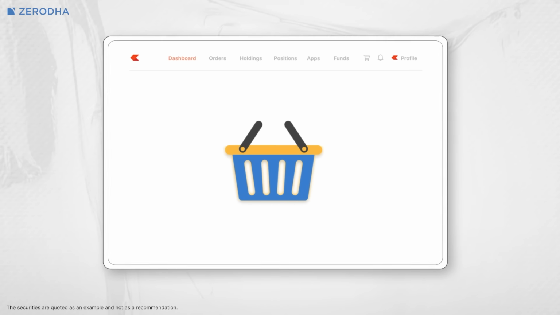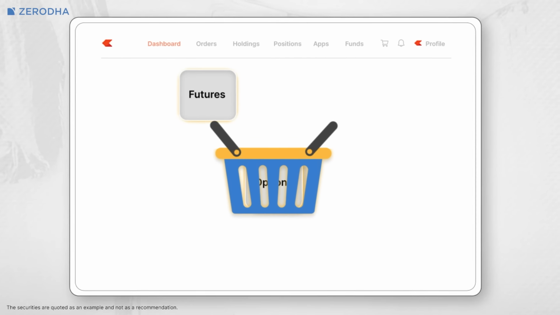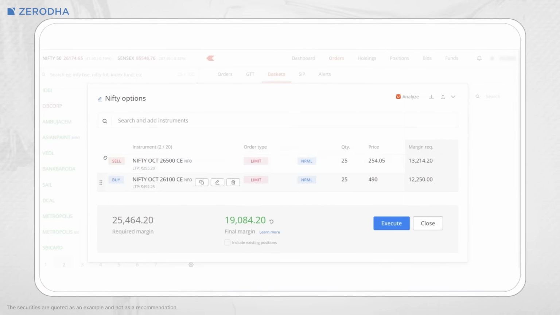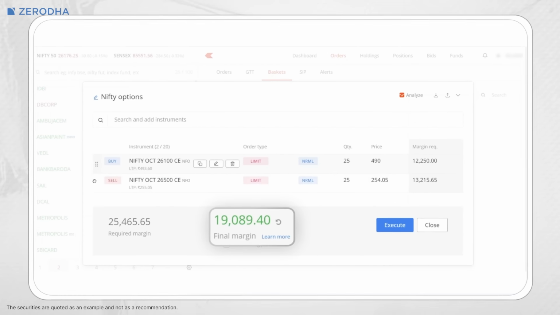It's like having a shopping cart for your trades. You can add various stocks, options, futures, whatever you need and send them all to the exchange simultaneously. Here's where it gets smart. We've built in a tiny delay of a few milliseconds between each order in the basket. This might sound counterintuitive, but here's the reason why. In most option strategies, you need to place the long leg first to unlock margin benefits for the short leg. If all orders hit the exchange at exactly the same moment, the margin calculation might not keep up, leading to